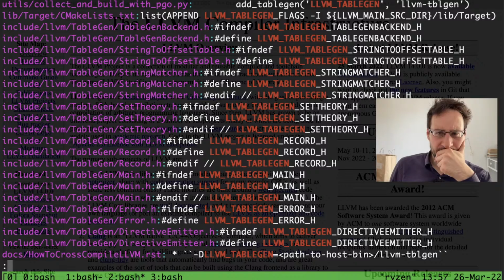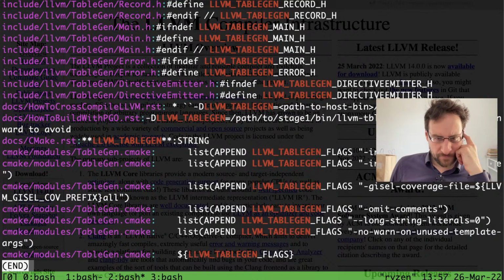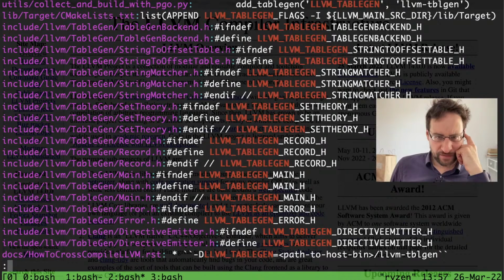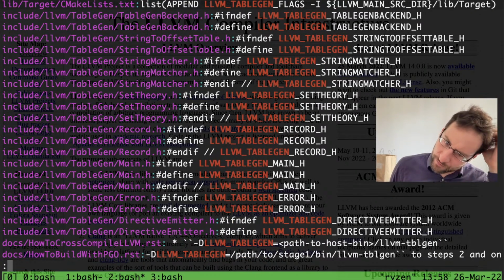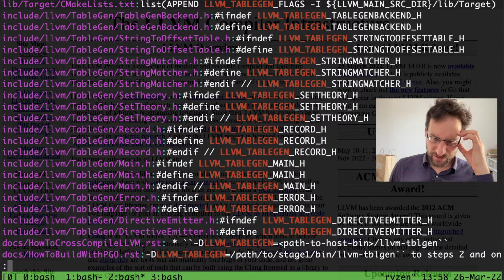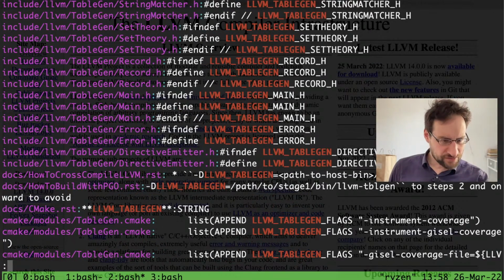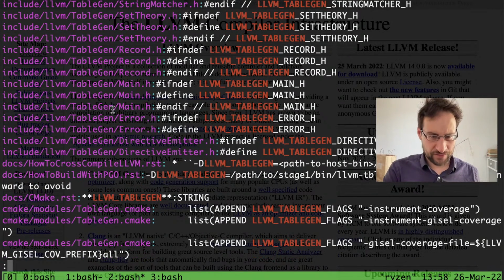There is some Python stuff. Table gen. I have the feeling they. So that is of course really a pity. So they must have in a previous version already changed that. Actually, that is funny. It's still in the documentation how to cross-compile. I would think that is outdated, as I don't really see this option there.